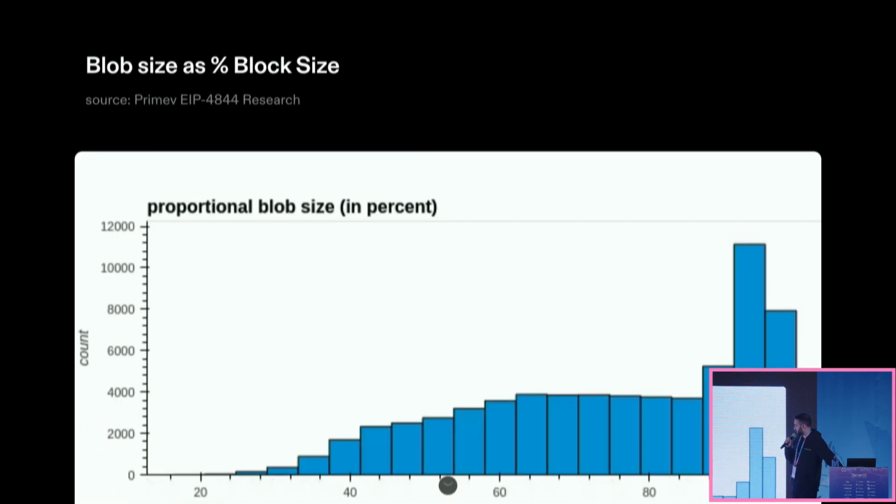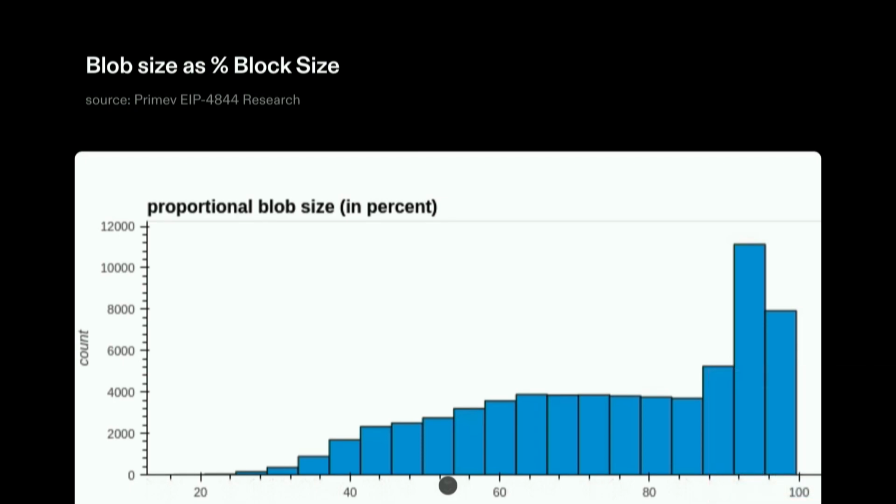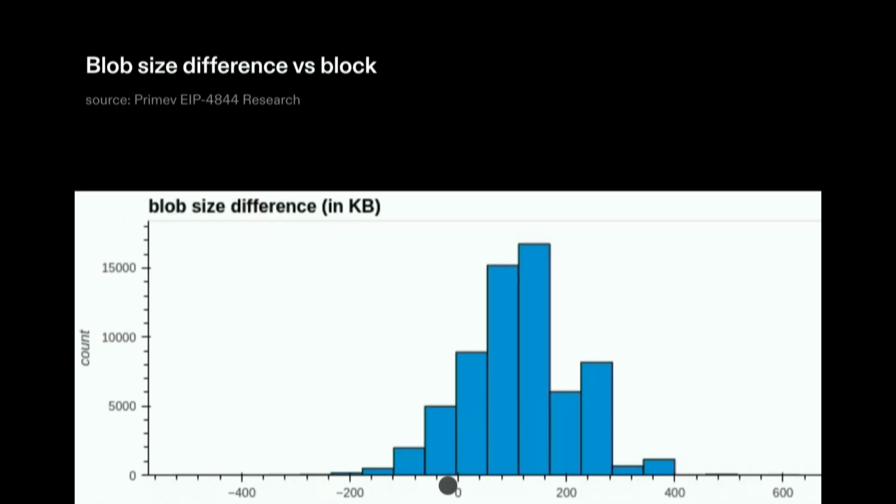So we demonstrate how sizable blobs are compared to the rest of the block. As you can see, 90 or so percent of the time, they take about 90 or so percent of the block in 10,000 plus blocks that we've observed on the whole Ethereum network. So they take up a lot of the block, basically. This is a similar chart. It shows you what the size difference of a block is with or without blobs. And as you can see, many blocks have lots and lots of blobs, and they add a tremendous amount of size in kilobytes to the block. And this slows it down for propagating across the network.